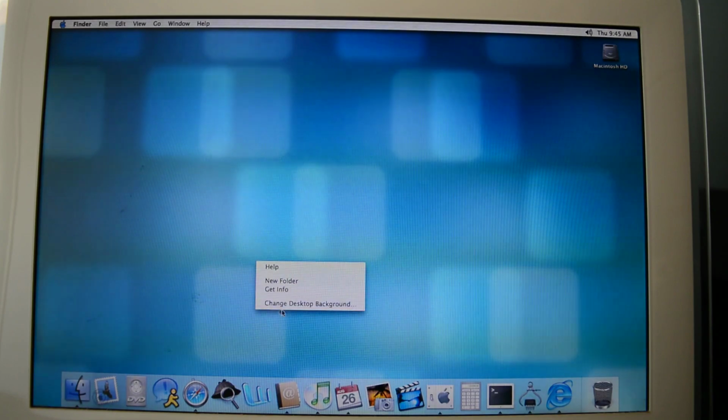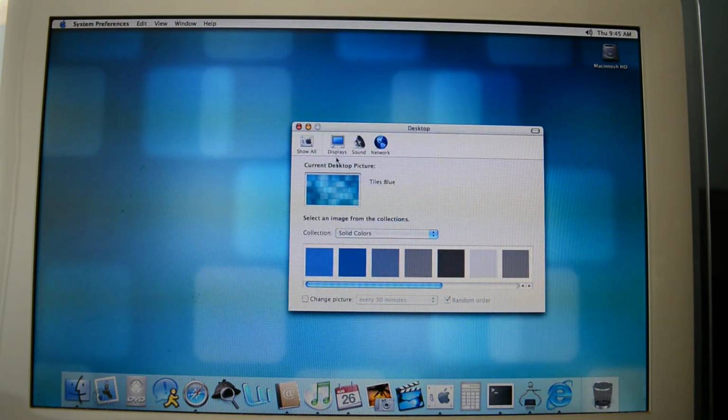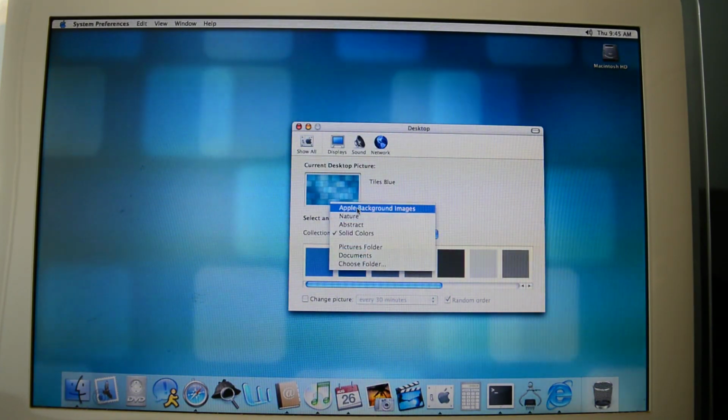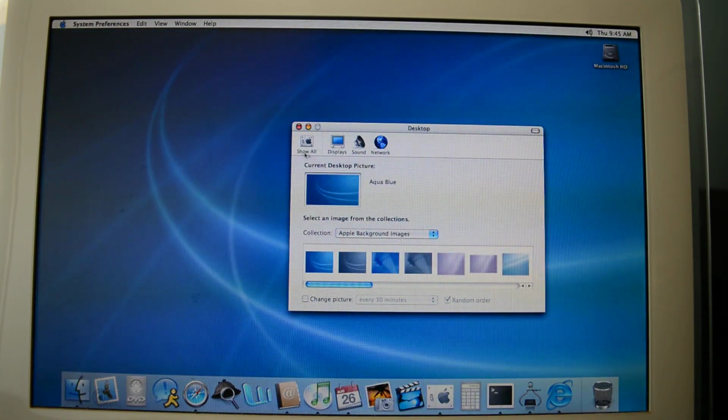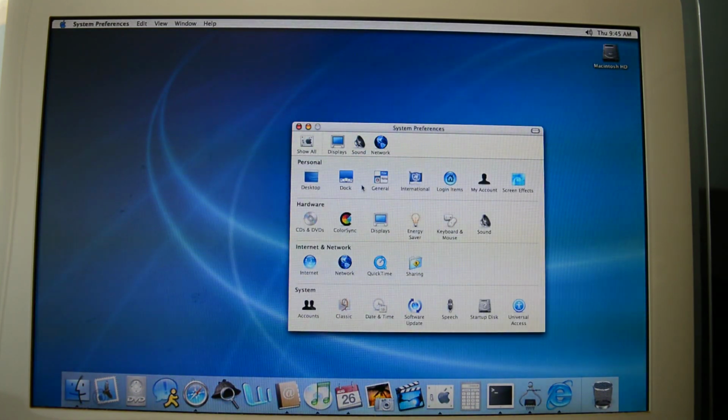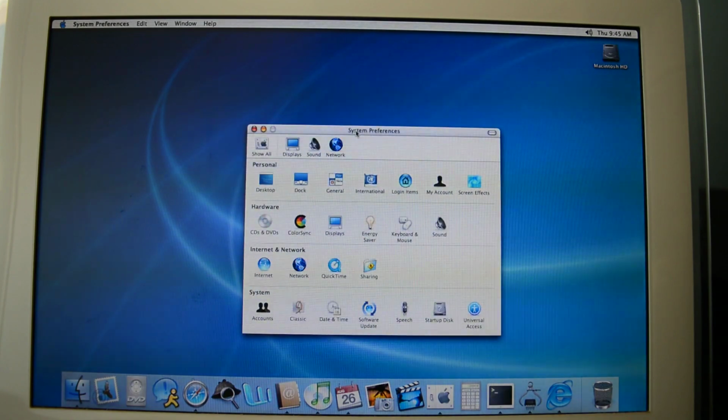I think that's all we need to see there. I'm actually just going to change that back to the default. So Apple, the background images, and yeah, they're right there. Anyways, let's